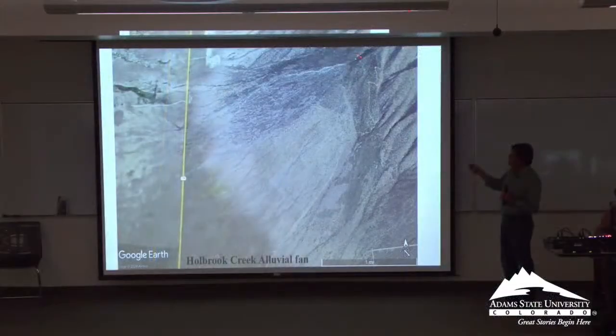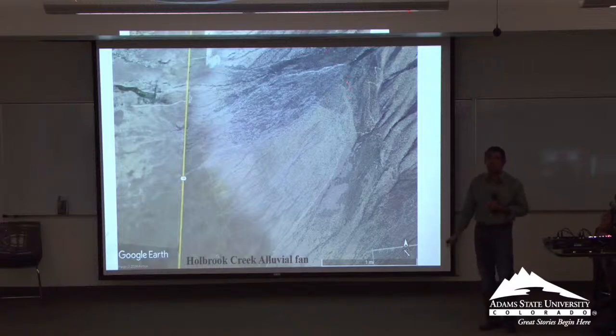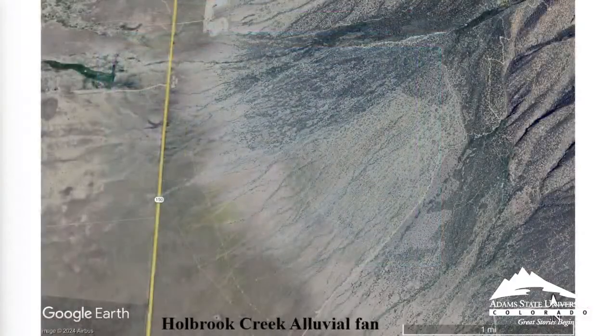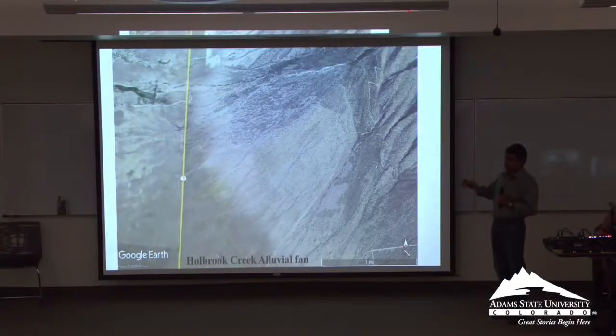The relief, the change in elevation from the top of the fan to the bottom, is about 2,000 feet. That's primarily because of how much activity there is along the fault that runs approximately north-south in this section. Why is that important? It's important because as the fault is causing the mountain range to rise higher, the slope in the catchment area is increasing, causing more erosion and more deposition of sediments in this area. So these fans are very tall.